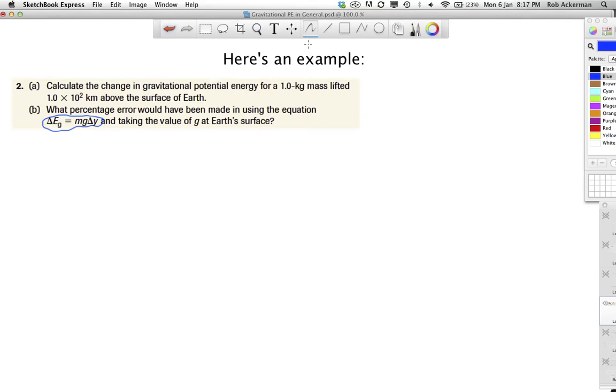I'd like you to take a 1 kilogram mass. This is going to be m equal to 1 kilogram. And since we're lifting it above Earth, you've got to think of the other mass, capital M, as the Earth's mass, which is around 6 by 10 to the 24 kilograms. Okay? Now, in the old method,